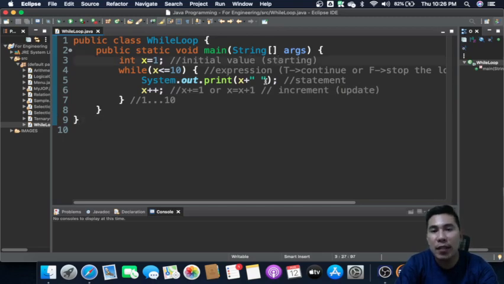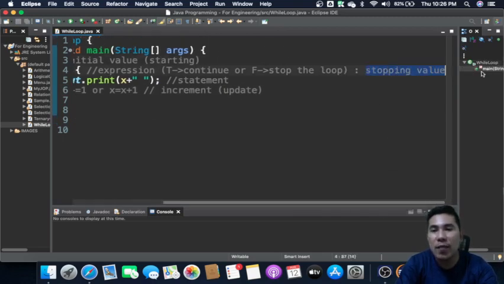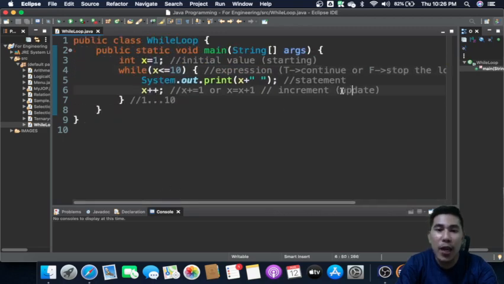So you have the starting value, the stopping value, and then the update value. In that sense, even though you don't read the entire condition, the entire loop or the entire code, you have the pattern. So what's the pattern?